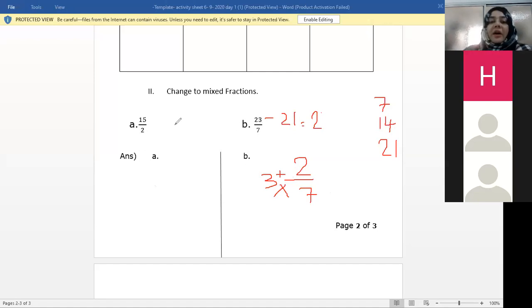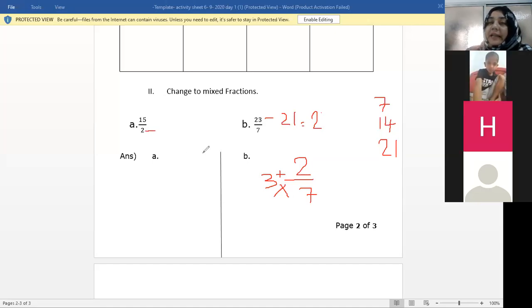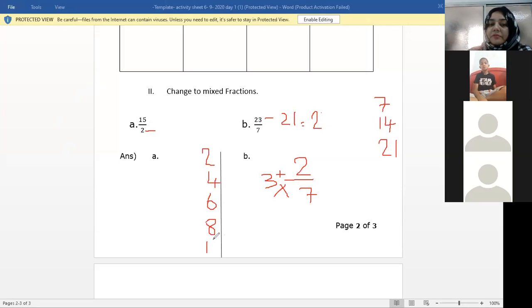Yes. Okay, whenever you have to change any fraction into a mixed fraction, what you need to do is first know the denominator's table. The table of the denominator, that is 2 ones are 2, 2 twos are 4. You should write or remember it up to the nearest number to the numerator. 2, 4, 6, 8. Okay, I will not write it in full, I will write the nearest numbers, that is 14 and 7. 14 comes on which number? 1, 2, 3, 4, 5, 6, and 7. 7. 2 sevens are 14.